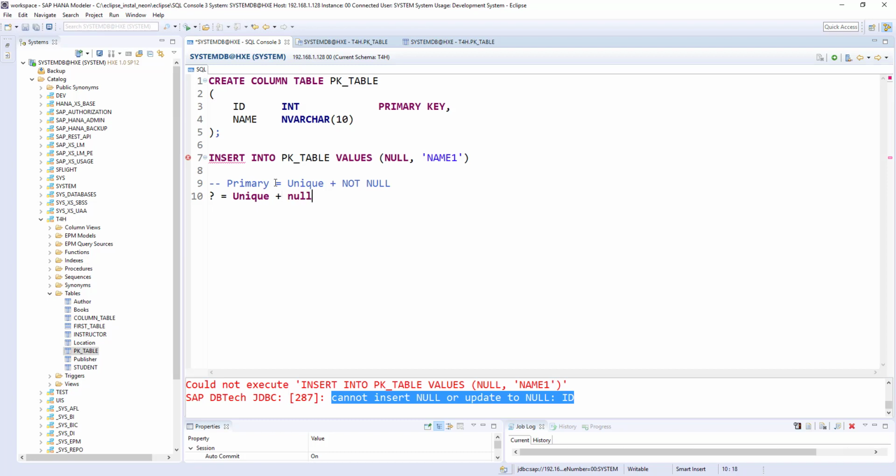Primary key is unique plus not null, but in some cases we need unique values, and if there is no unique value, then null should be accepted. For this we have another constraint called unique. Unique is another constraint which allows only unique values and null values. We'll see that in the next session, and we have many other constraints, so we'll cover them in the next session.